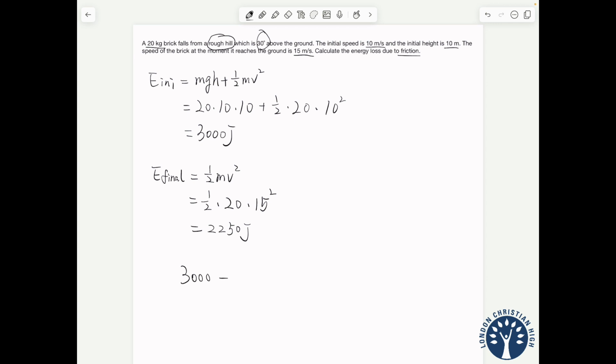And it's easy for us to calculate that part of the energy. We just use the initial energy to subtract the final energy. That will give us 750, and the 750 joules is the energy loss due to friction. Remember, for this question, it is also a closed system because except for friction, there are no other forces like wind or something, etc. Therefore, all the energy loss will be caused by friction.